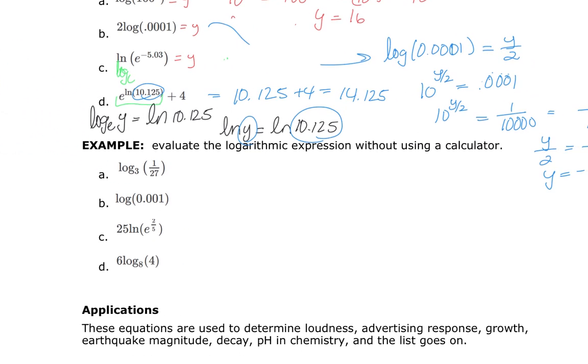All right, so what I'm going to do again is set each one of these equal to y and do the same thing like I just did without using a calculator. 3 to the y is 1 over 27, but 1 over 27 is 1 over 3 cubed, which is the same thing as 3 raised to the negative 3. And this only happens when this exponent equals this exponent, just like up here. So that means y,